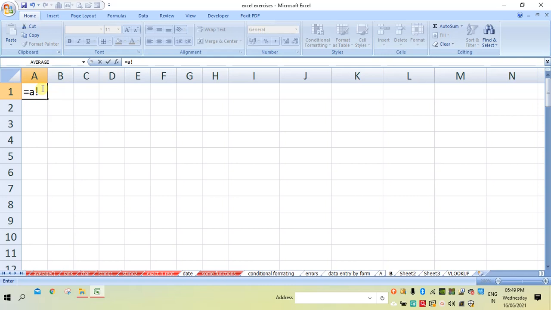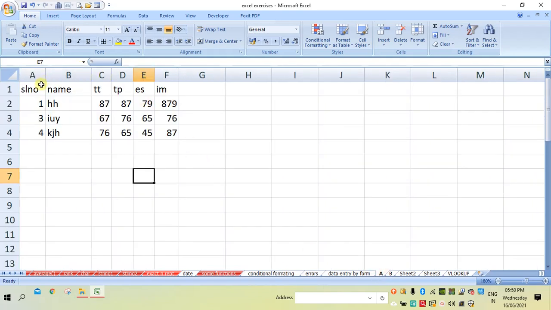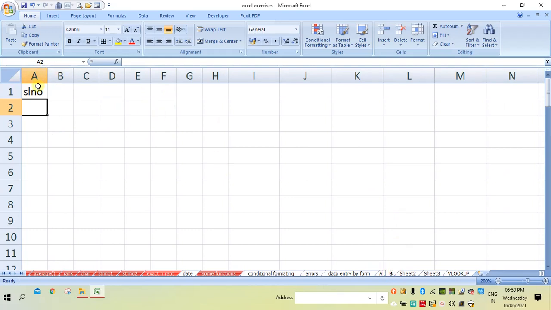Serial number is present in the A1 cell. So write A1 and enter. This is how we get the A sheet's serial number into the B sheet's A1 cell.